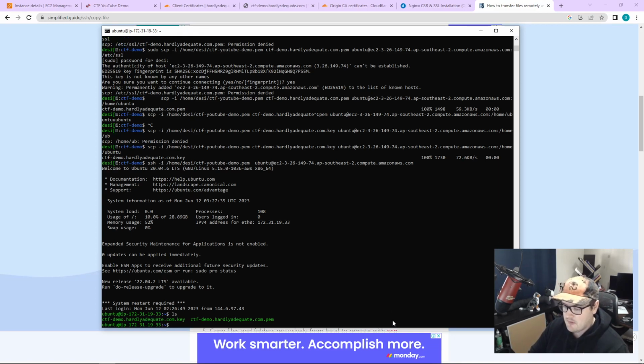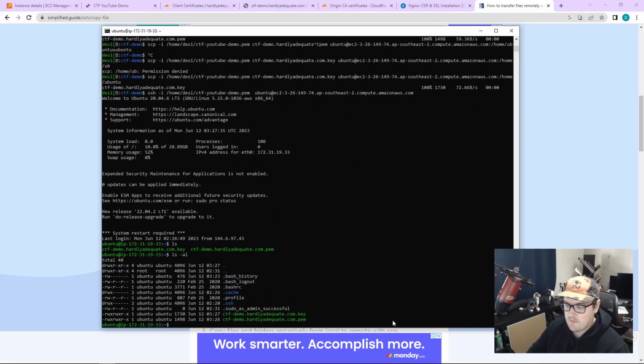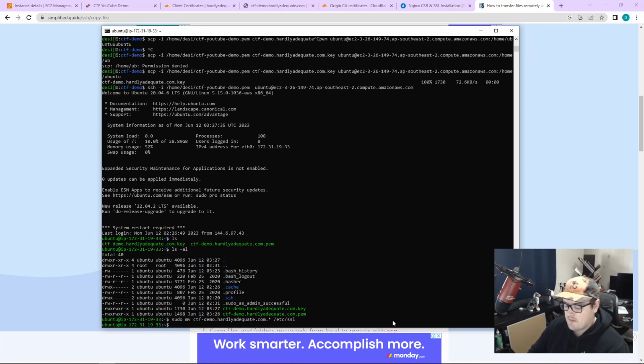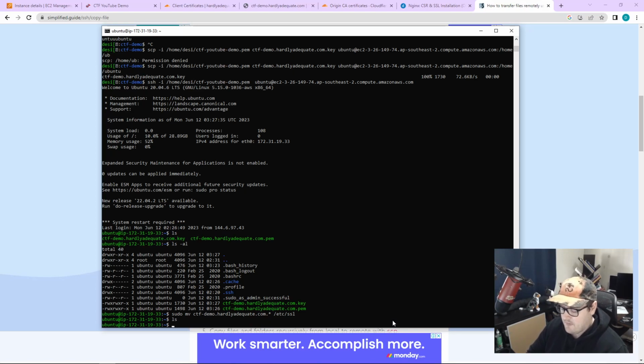So what we want to do is move. We can move these both at once. So we can go sudo mv CTF and then put a star, and then we want to move these into /etc/ssl. Now we're allowed to do this because we're using sudo with the Ubuntu user, where we couldn't do that remotely. So the move command moves them out of here. If we cd into the etc directory,